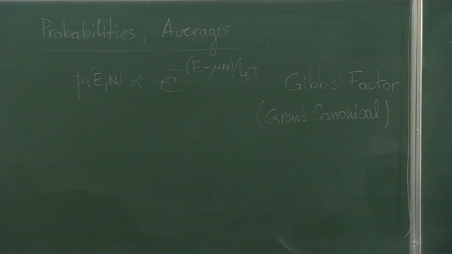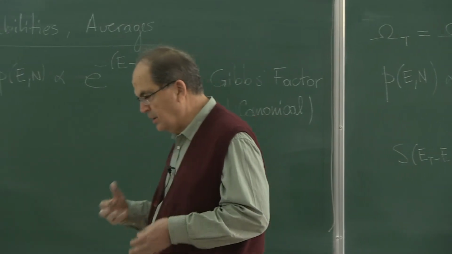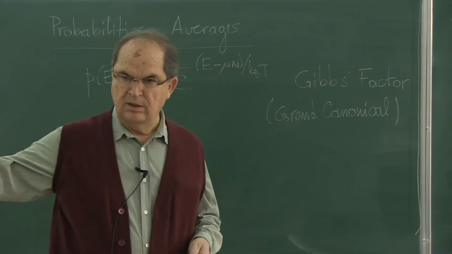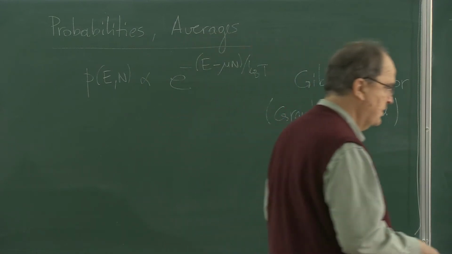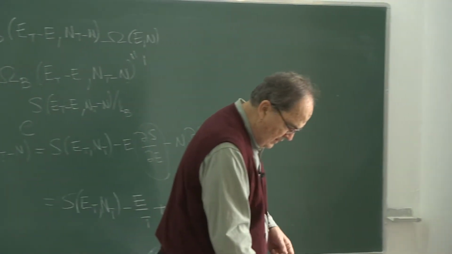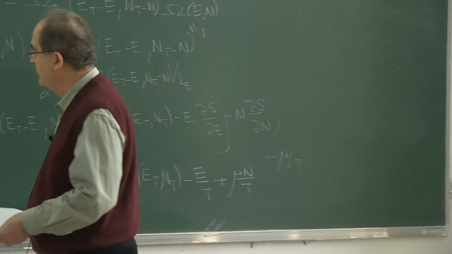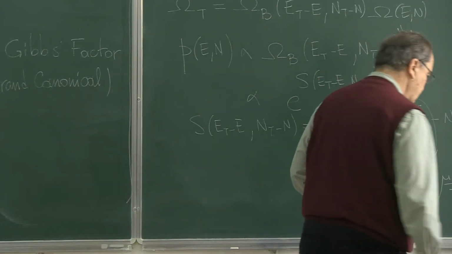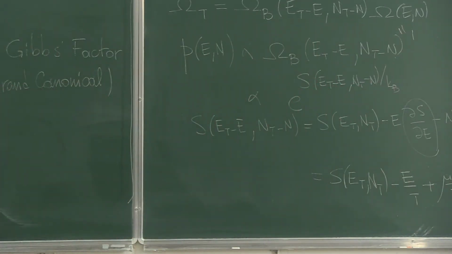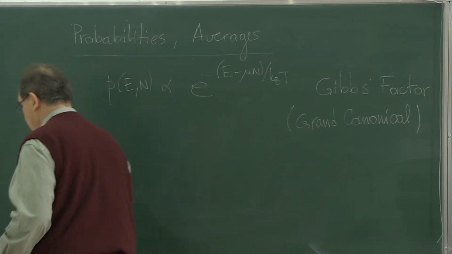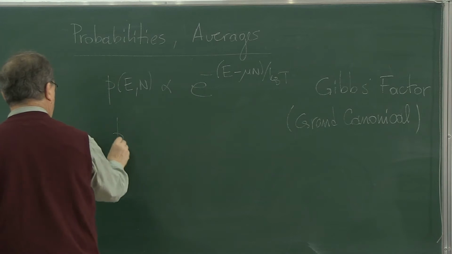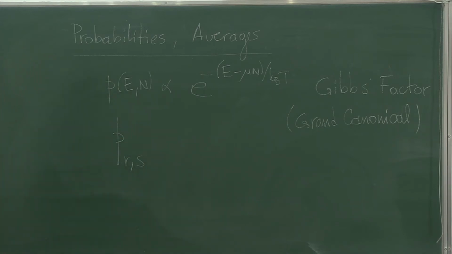So, if you want, let's repeat again. If you want to normalize, we have to specify how many energy states we have, how many possibilities for the number of particles for our system, in the following form. Let's do that for the grand canonical case. If we specify the possible different energy values and possible different numbers of particles for our system, we have to write this probability as P_RS. It was P_R only for the canonical case,